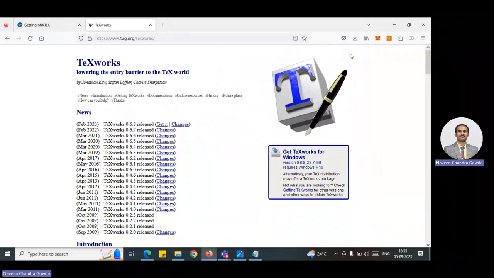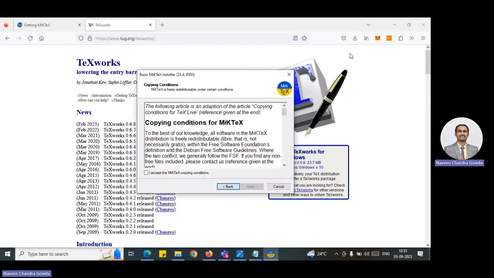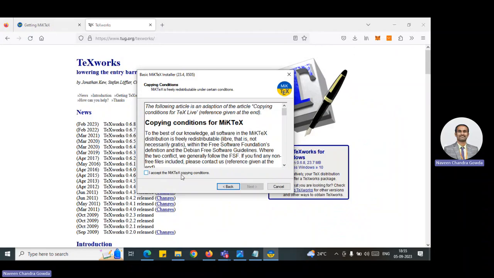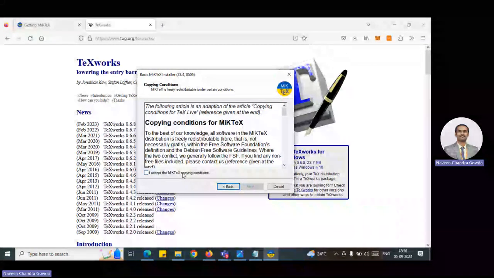The one case you're going to observe here is that my machine already has MikTeX and also TeXworks, so it may not let me install again because I'll have to remove those files. But I am not going to do it because there are a lot of files which are